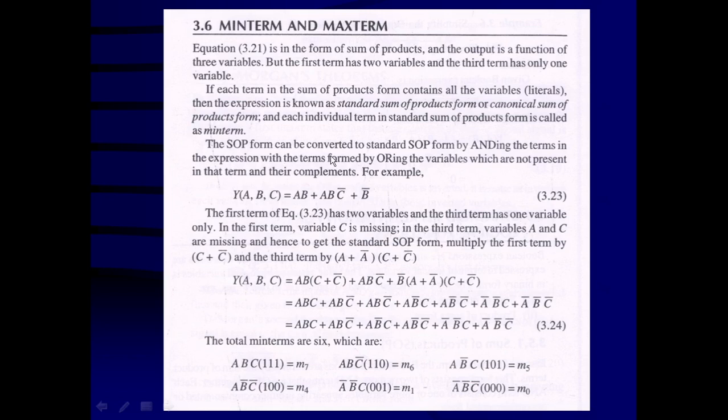The SOP form can be converted into the standard sum of products form by ANDing the terms in the expression with the term formed by ORing the variables which are not present in that term and their complements. How do we convert the sum of product equation into the standard sum of product equation? Because we have to convert first from sum of product equation into the standard or canonical sum of product equation, and that means in each term all the variables must be present,